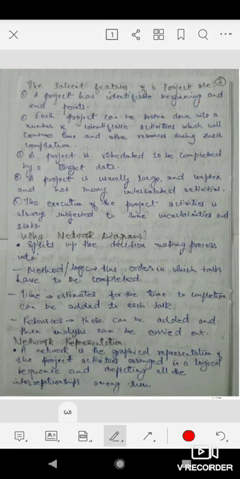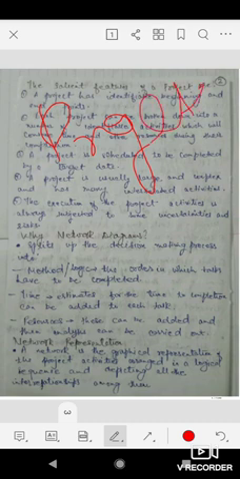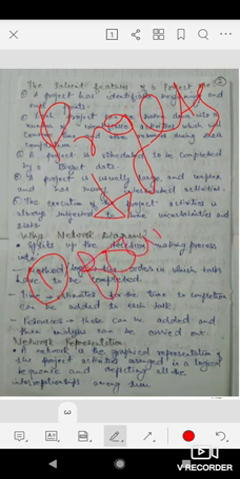Then each project can be broken down into a number of identifiable activities which will consume time and other resources during their completion. So what is the second feature? The second feature says that all projects can be split into different activities. For example, in construction of a building, the first activity will be foundation making.